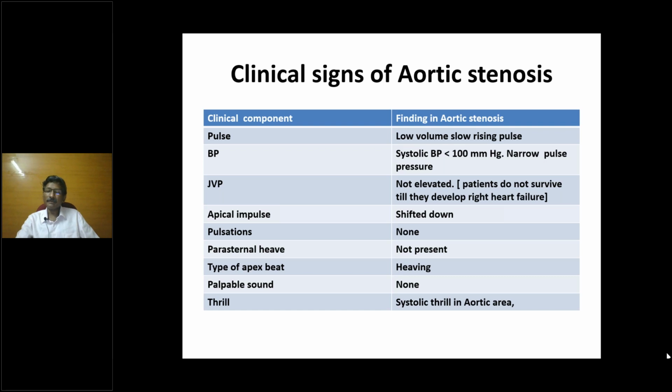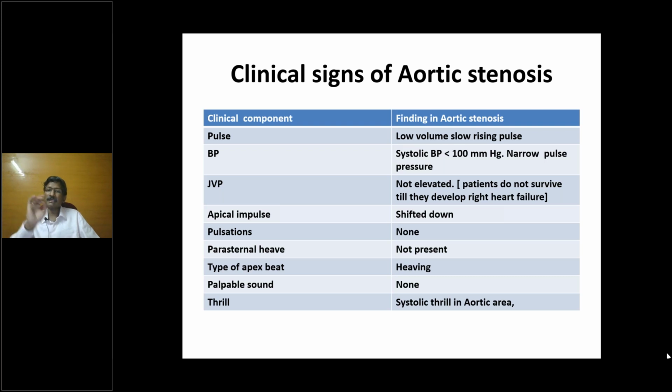fine. See, remember, to study the character of the pulse, most of the time we use the carotid, and especially when you study the volume, it is the carotid. The problem here is that the volume is low. Volume is already low. So when you palpate the radial, will you be able to appreciate the character? Volume is already low. So by the time the blood reaches the radial artery, the volume is going to be very small.